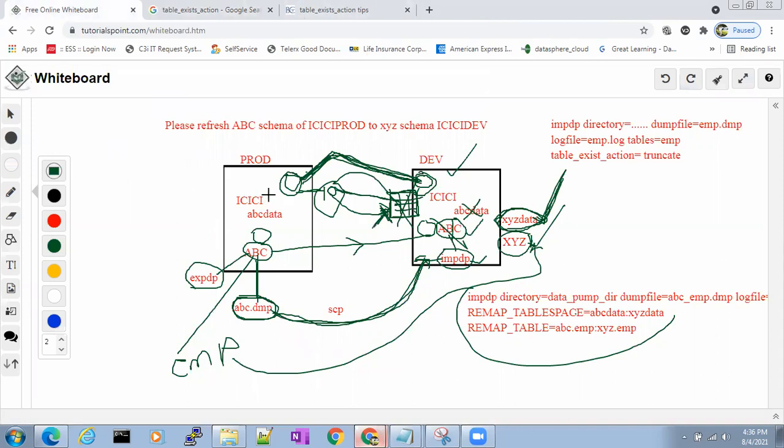There is one employee table in the production database, which I have to import to the development database, and they will tell you, I don't want to touch the definition, but all the data should be deleted and the fresh data should be imported. How can we do it? Can you tell me? Using truncate. Table_exist_action.